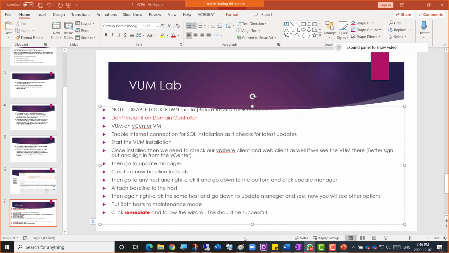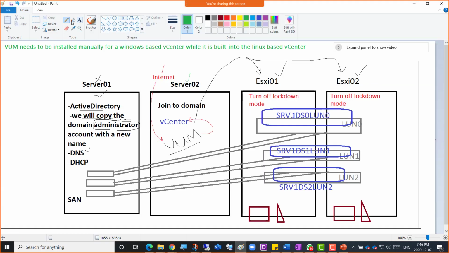If I go to the diagram, maintenance mode is that you can just take down this. Some of you may know about safe mode in Windows. Safe mode is that you can restart a Windows machine and press F8 before the restart starts, right? You press F8 and it goes to safe mode.